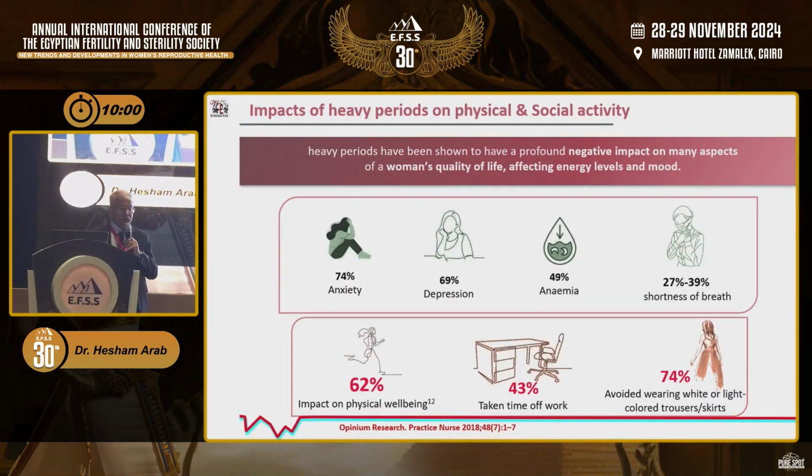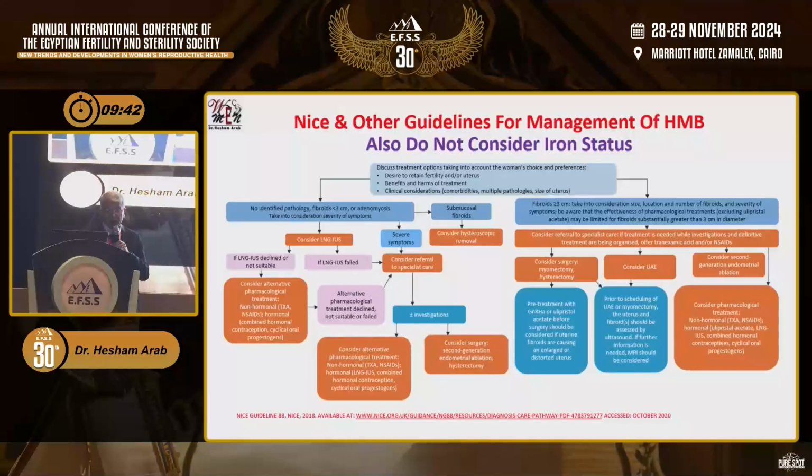And of course, the patient doesn't tell you, "I have a fibroid or a polyp," but she may come to you suffering from hair loss, or just fatigue. But these are not symptoms of AUB, these are symptoms of anemia. So there is an element here that can be missed over time.